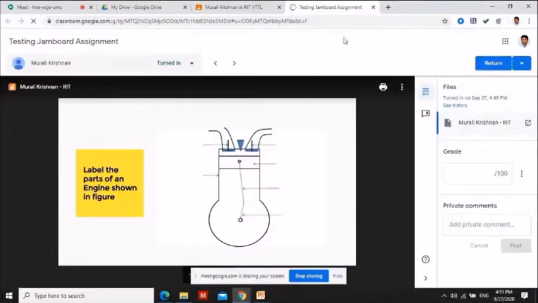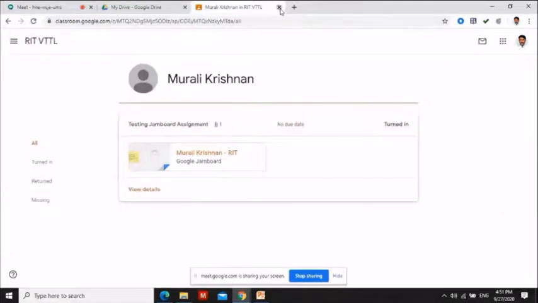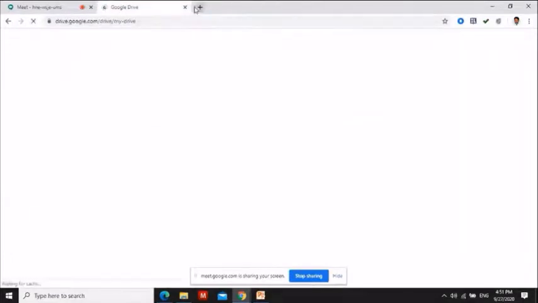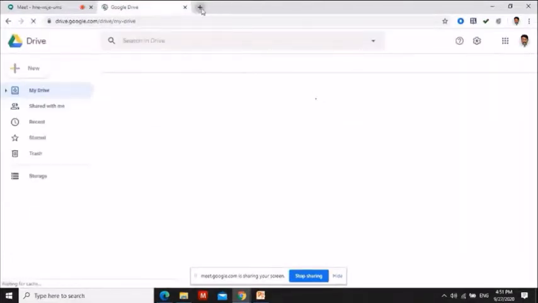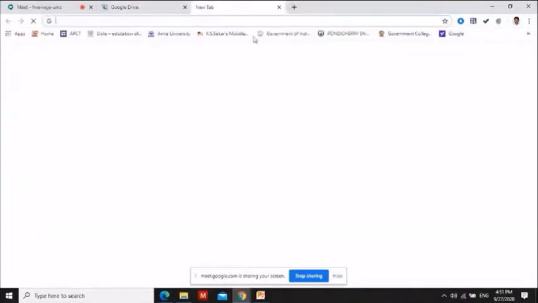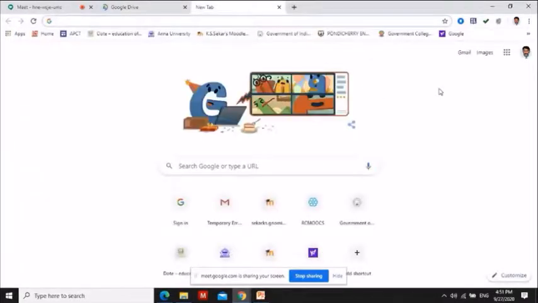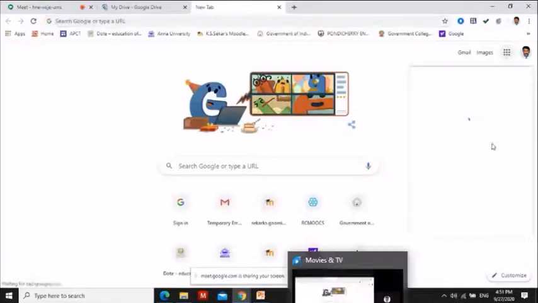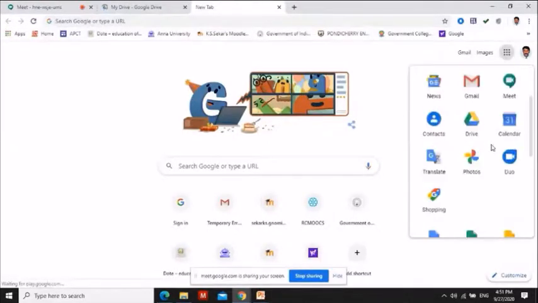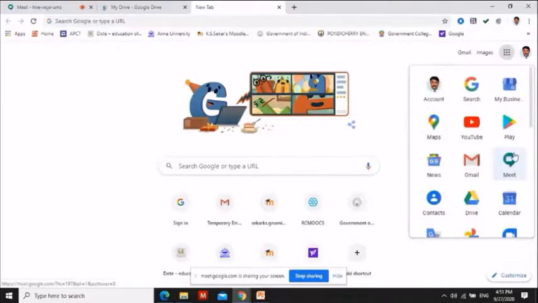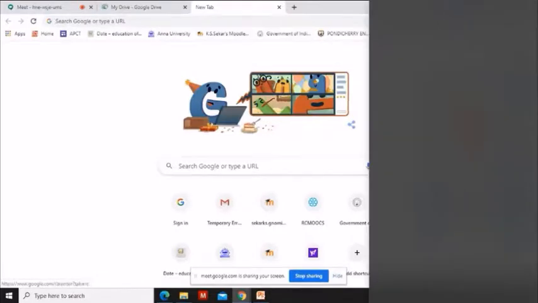So this is also not marked. The answers have to be marked in the Jamboard. They have to open the Jamboard, and they have to mark. Okay. So hope you understand the application of the Jamboard. So that is about the Jamboard integration with the Google Classroom.